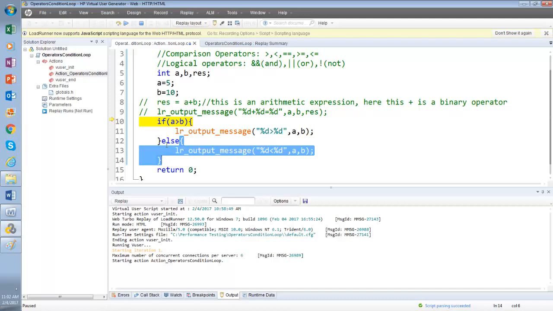Okay, guys, one more question. Sure, go ahead. The LR output message will give percent D bigger sign and it is greater than. And why is it greater than and equal to? We will come to this. I kept it for some reason.